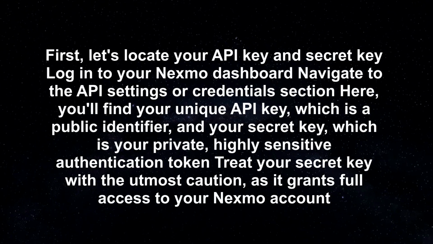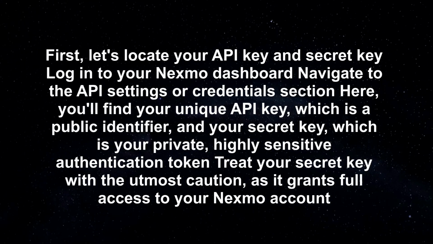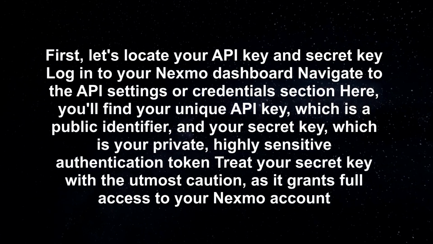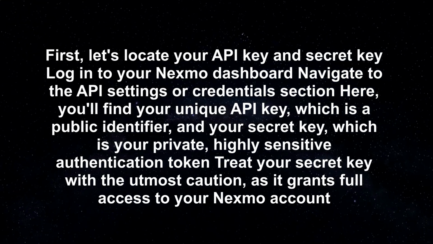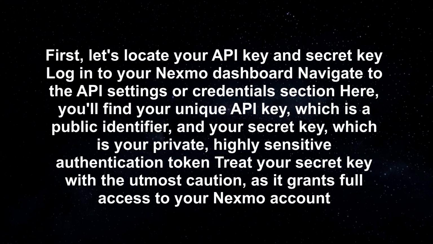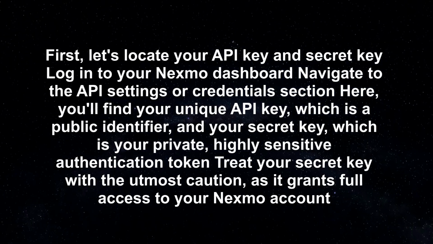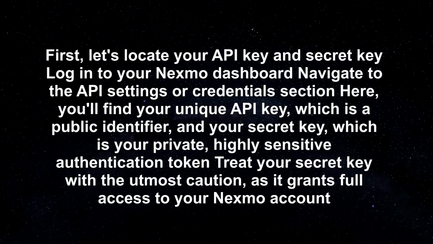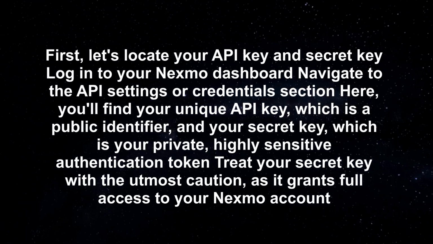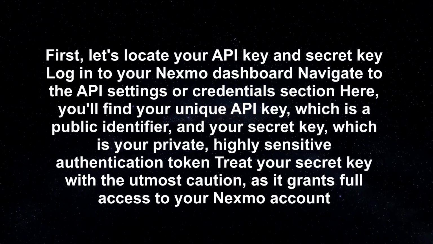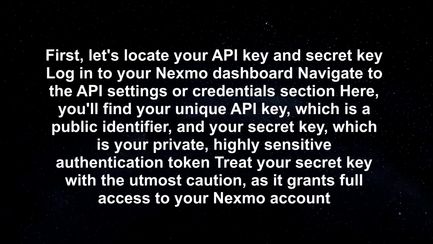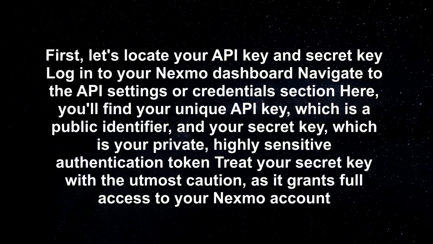First, let's locate your API key and secret key. Log into your Nexmo dashboard. Navigate to the API settings or credentials section. Here, you'll find your unique API key, which is a public identifier, and your secret key, which is your private, highly sensitive authentication token. Treat your secret key with the utmost caution, as it grants full access to your Nexmo